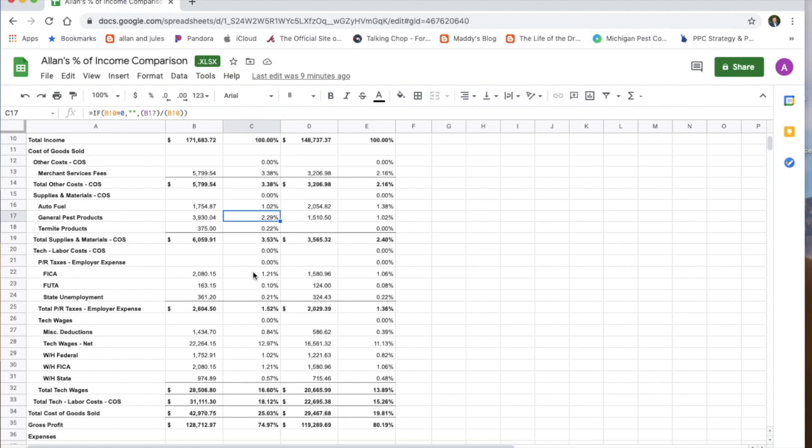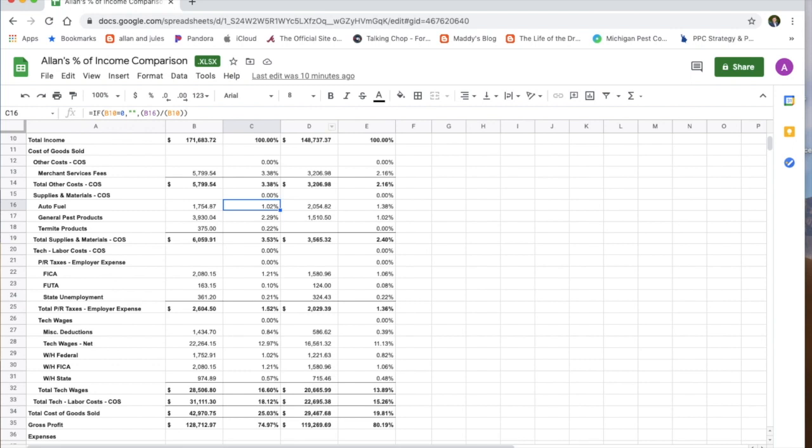There is some wiggle room there though. I wouldn't mind seeing that just a tad lower, maybe closer to 2%. Merchant service fees, that's high for some reason. That's definitely got to be closer to 2, maybe 2.25%. And so there's some opportunity there. Besides that, auto fuel is at 1%, that looks pretty good. That's really your only wiggle room on a gross profit that has these